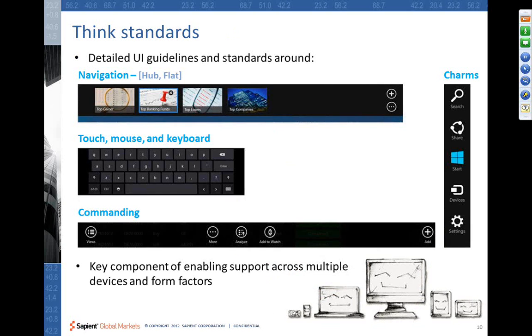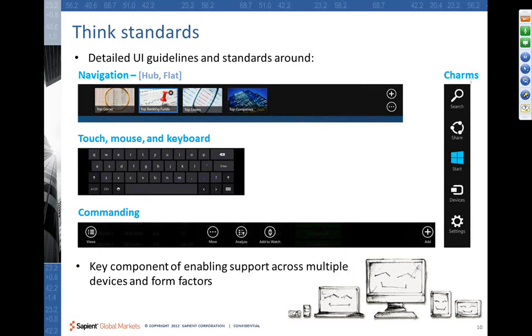Now, another very important concept in the Modern UI is that it lays a lot of emphasis on standards and guidelines. There are guidelines available for navigation, for touch, mouse, and keyboard interaction, even for commanding, and obviously there are standard guidelines for charms like search and share.